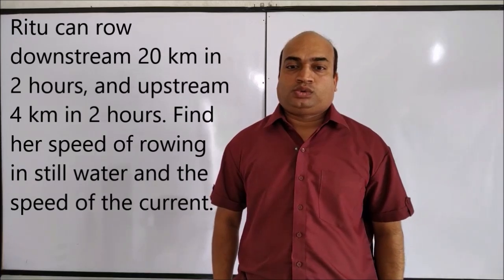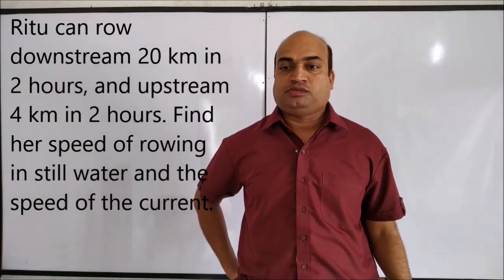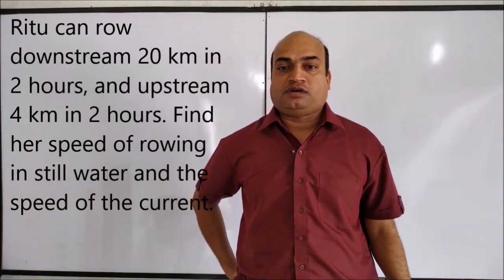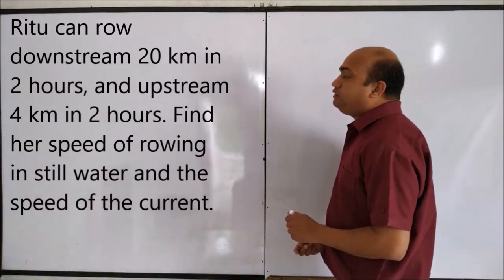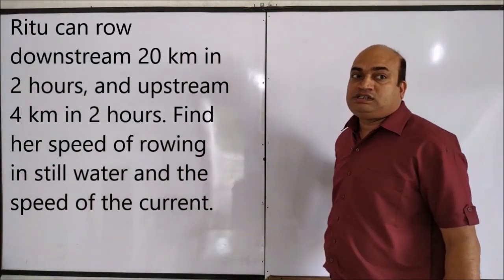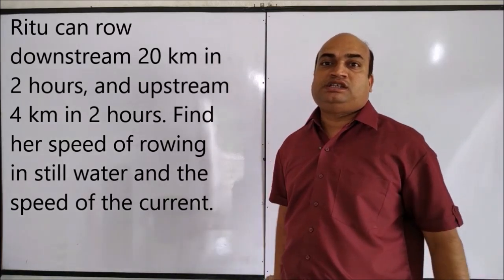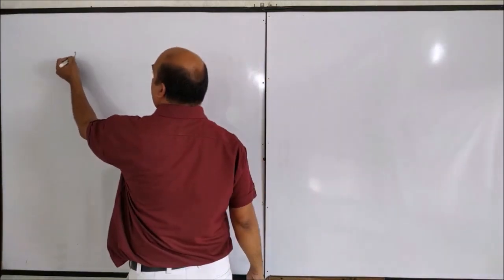Ritu can row downstream 20 km in 2 hours and upstream 4 km in 2 hours. Find her speed of rowing in still water and speed of the current. We will consider her speed in still water is equal to x km per hour and speed of the current y km per hour. We write, let